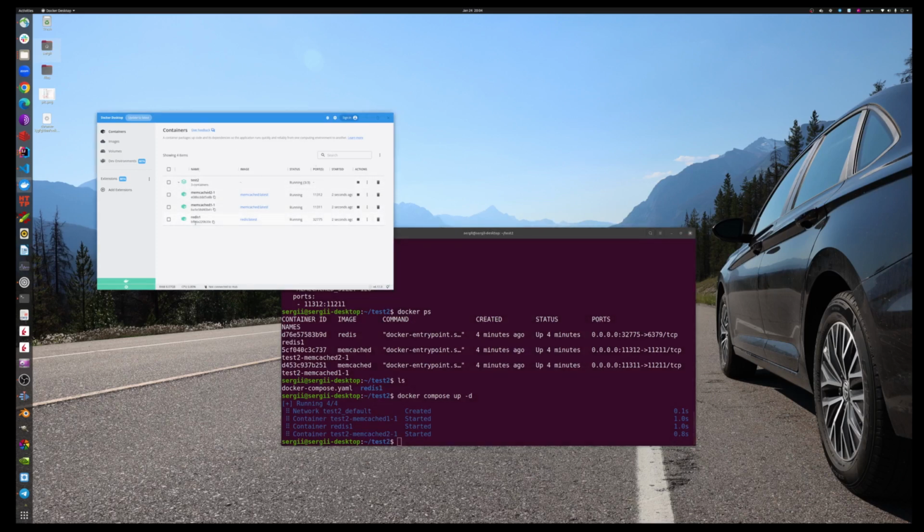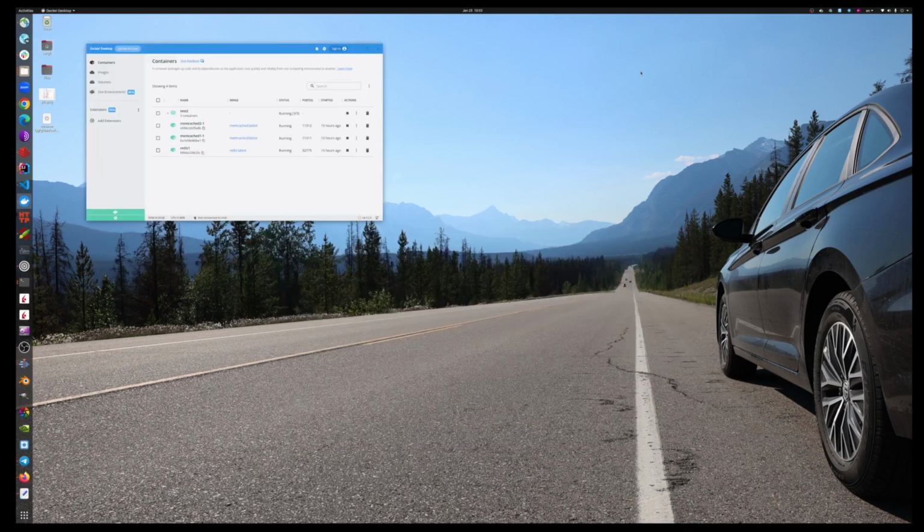So all your configurations are there. Imagine if you have one configuration with test2, then you have a configuration with test3, test4, etc. And they will all run in groups, which is kind of useful, right? For testing purposes, let's say you want to simulate an environment, dev environment, QA environment, etc. So this compose, nice way to go. Let's keep it running for now. And let's switch to another step of our